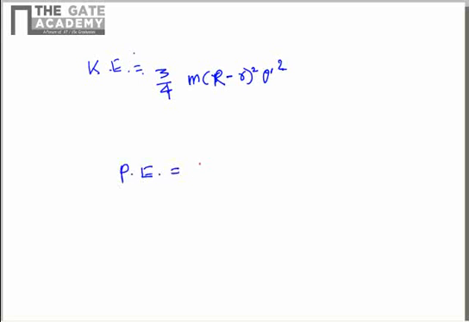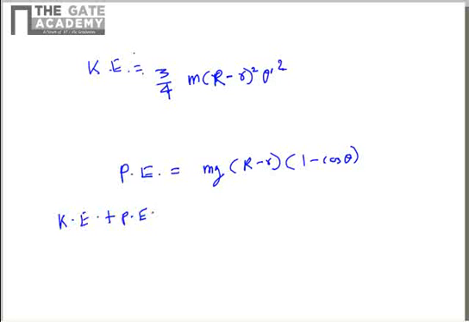So we'll write the expression neatly here again. The kinetic energy is 3/4 m (R − r)² θ'², and the potential energy is mg(R − r)(1 − cos θ). Now in our earlier theory we discussed that the sum of the kinetic energy plus the total potential energy is equal to a constant